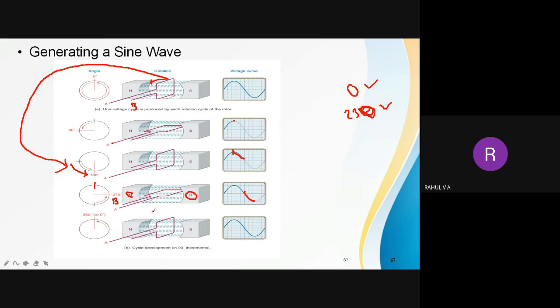Again, it is rotating for 90 degrees. Now A is at the top. Now the first diagram and the last diagram are almost the same. It has rotated almost 360 degrees, that is the entire circular shape. Now again the flux linkage to both conductors A and B will be the same, and it finally reaches 0. So as it rotates through 360 degrees, one cycle completes. One cycle means one positive half cycle and one negative half cycle.